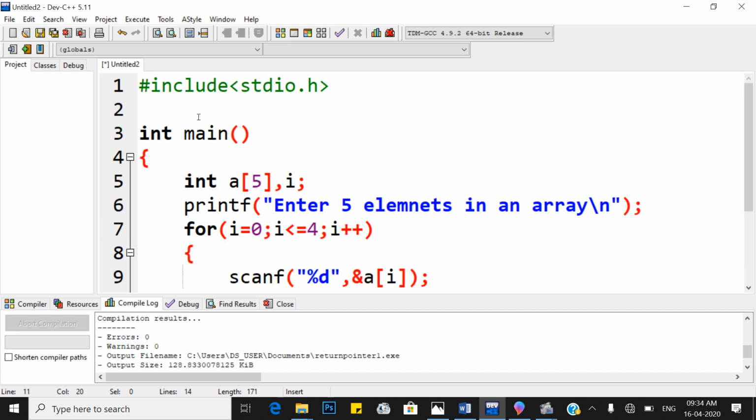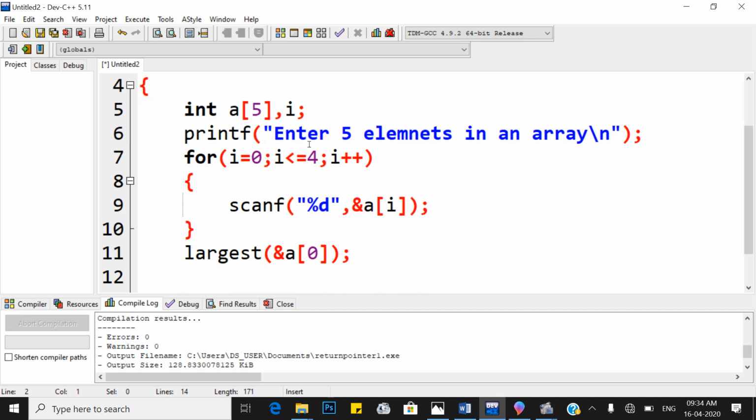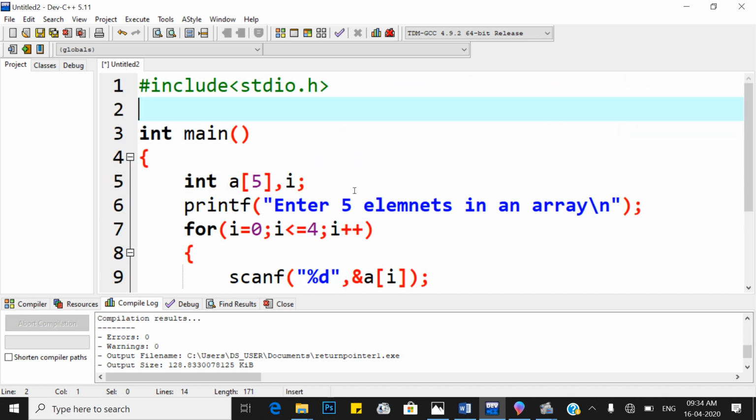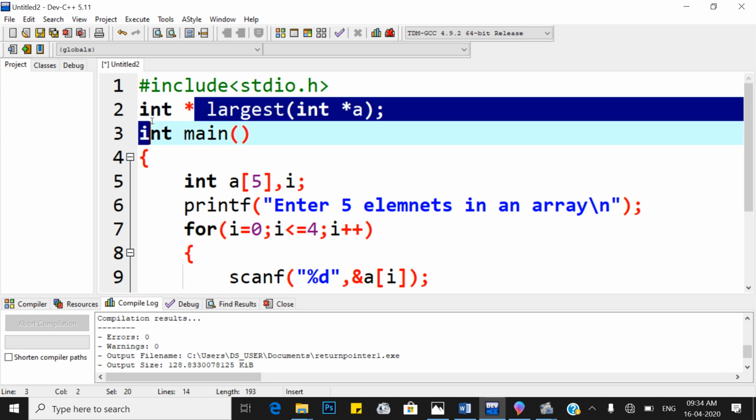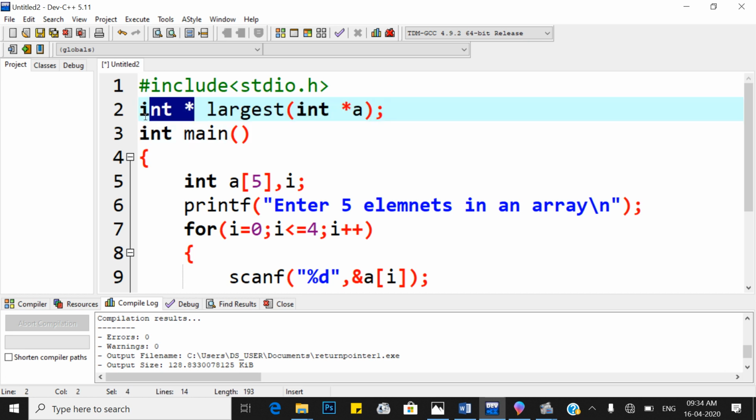Before that, we have to decide the prototype of the largest function. Prototype means function declaration: int pointer largest. Inside the largest, we have to pass an integer pointer a, that is the name of the array. So the prototype of the largest function is that we pass one argument of type pointer, and the largest function returns an integer pointer.